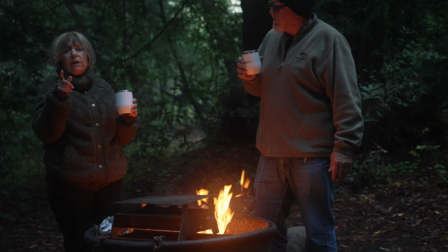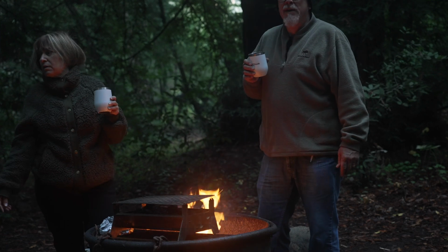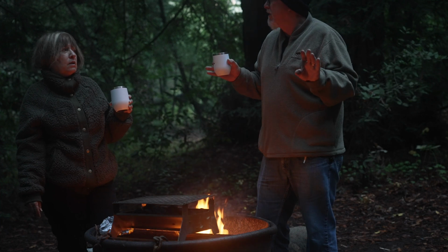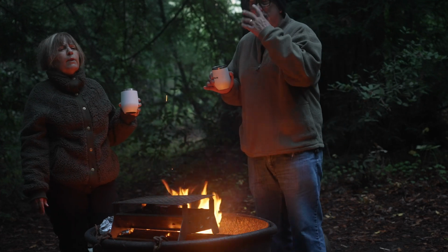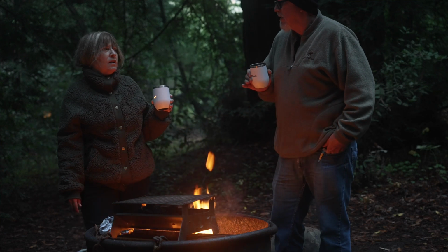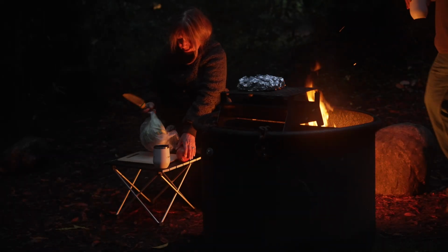I love our spot. Even if there were people there, it's still very nice and secluded. Well, for some reason, people that are out here are more respectful. No, there's not going to be no weather party. I didn't even hear a peep and nothing at all last night. No. Nothing. And everything was so green and wet, and then the fire, it just felt like,